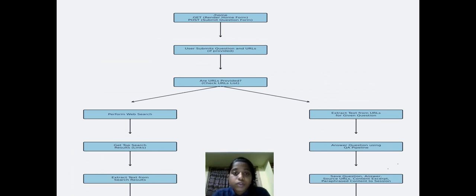How is our research tool going to perform all this research based on the questions and URLs asked by the user? On entering the home page, we first have to enter the question and the URLs. Providing URLs is an optional task. Whenever I click the search button after entering the question or the URLs, our research tool will check whether you have provided URLs or not. If you have provided the URLs,